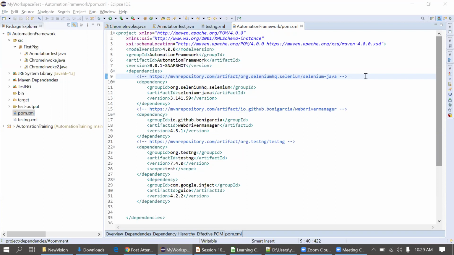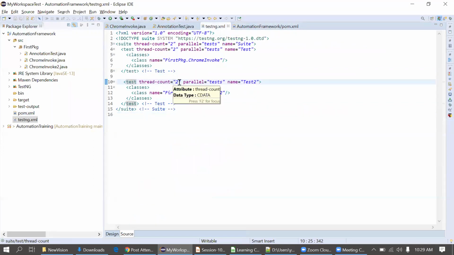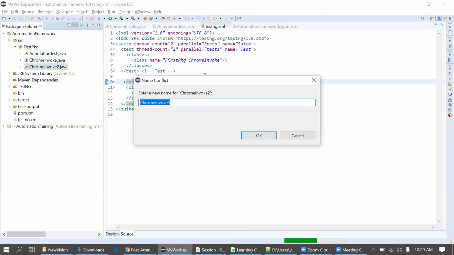I was having one doubt. Now you created tests in the XML file, correct? You separated the two classes into two different tests. Firstly, what you showed was two classes in the same test. But what is the main difference? If we separate the tests, it's executing parallelly. Then what was the aim of separating these classes?